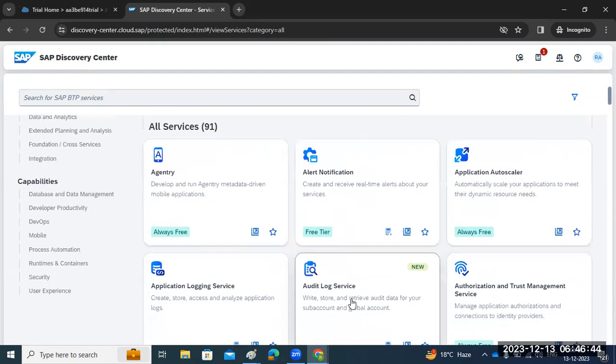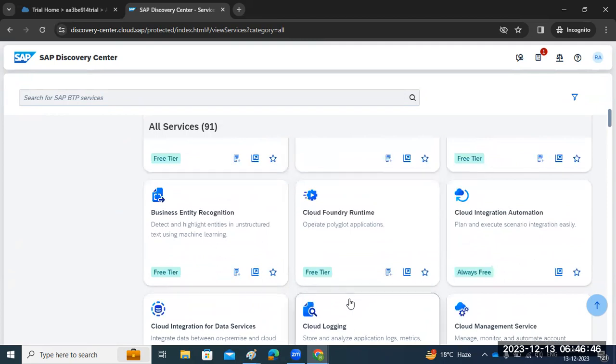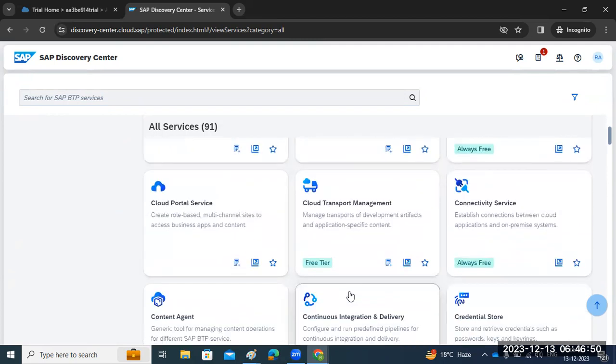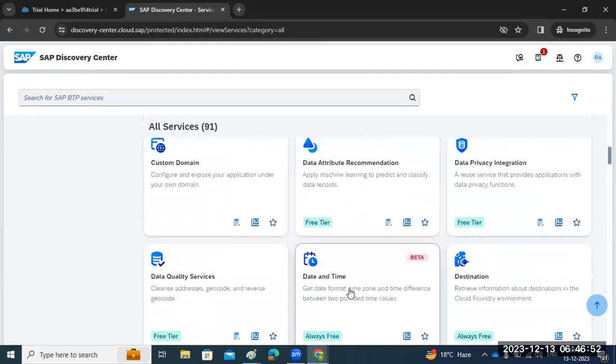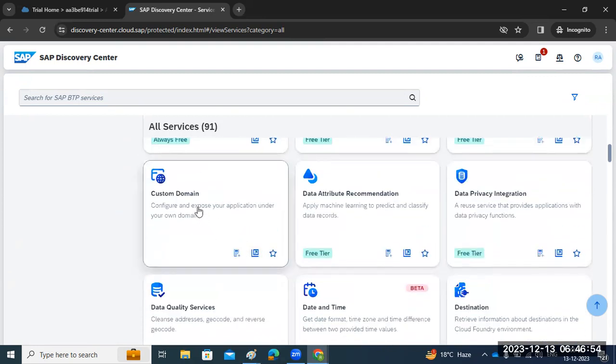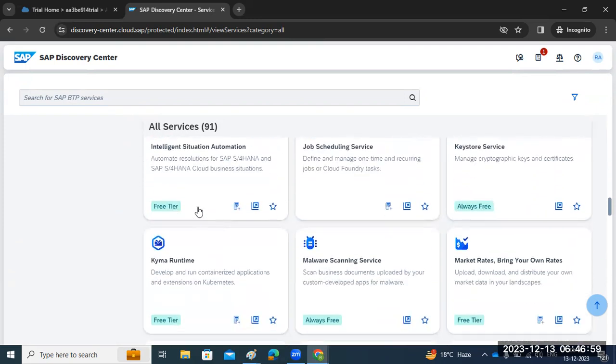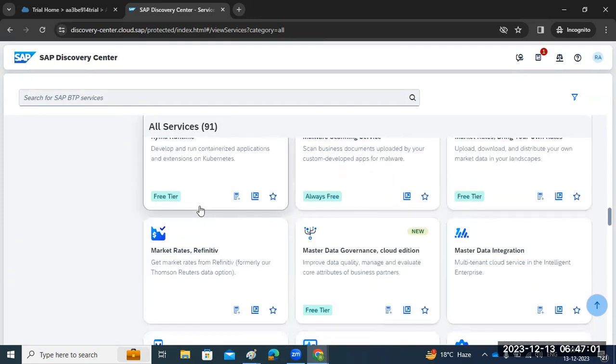This is also a paid one, so all of these are paid. Few services are paid and a few are free. This one is a paid custom domain service. So we need to pick up services depending on your business. Just pick up your service, then you can concentrate on the logic.